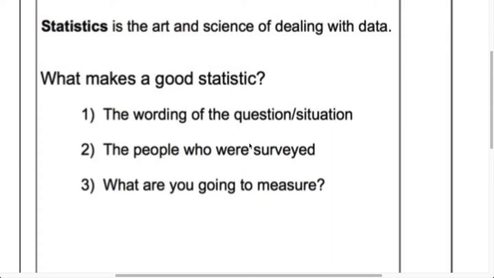But encompassing all of that is how the statistic is interpreted and translated to other people. One thing that you'll hear throughout this chapter and future chapters is that two people can look at the same statistic and interpret it in a different way. Data can say whatever you want it to say. So just keep that in mind, and in life in general, you have to be careful when you hear statistics on the news, even if you think it's a credible source.